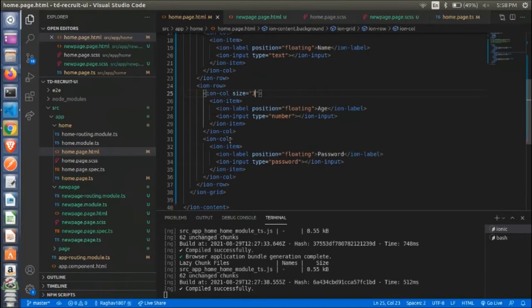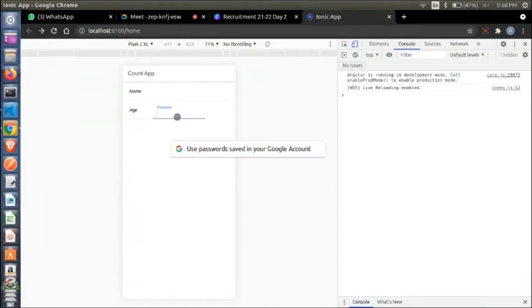Now if we want password not to cover the entire part of the row left, we can specify size and give the value anything less than 9. For example, let me give it as 6. So now you can see the password text field is such that we cannot enter the text beyond this part. That means only half the part, centrally aligned, we can enter the password over here.